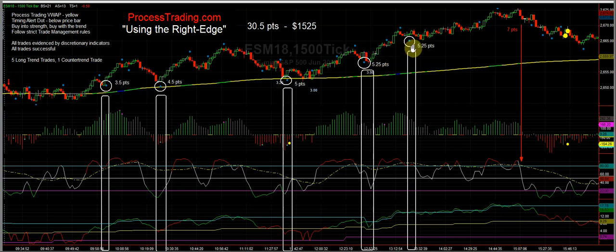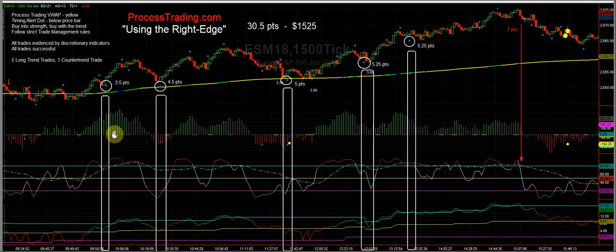These were the only trades that would have been signified that were appropriate to take, and they all turned out successful. Matter of fact, we'll see at the end of taking all these trades, it would have accumulated 30.5 points for $1,525. So we use these indicators with the VWAP and the timing alert dots, and then we also use the